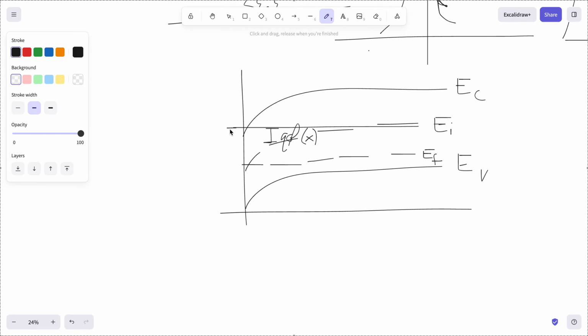So then, for example, this would be q phi sub s because it's the surface potential multiplied by q, and then we would describe this as q phi sub f because it's the intrinsic energy minus the Fermi level, which is also another key quantity. And this is important because, as we defined previously, the inversion occurs when phi sub s is equal to 2 times phi sub f. So it's important to label these because we need to be able to